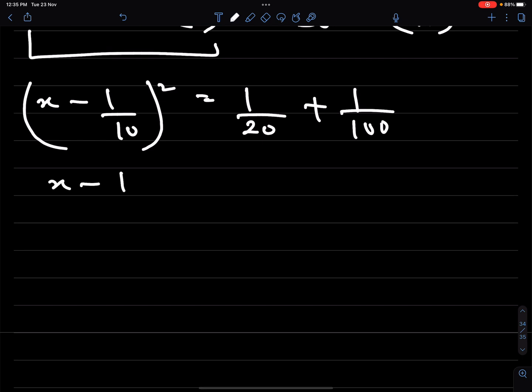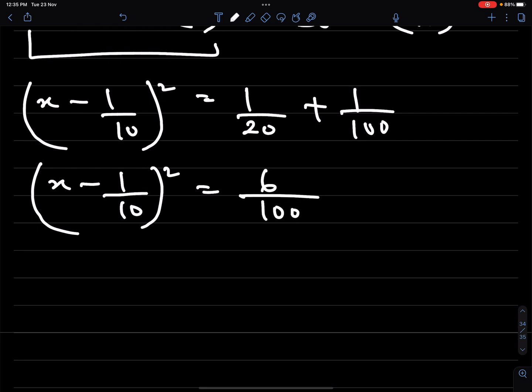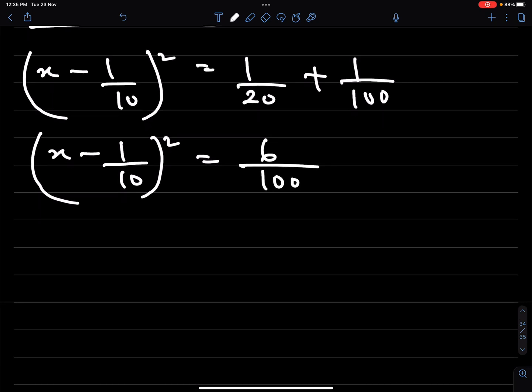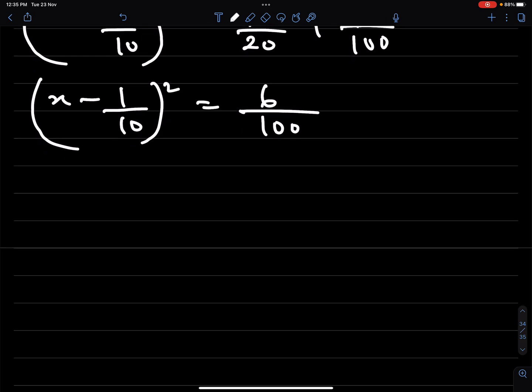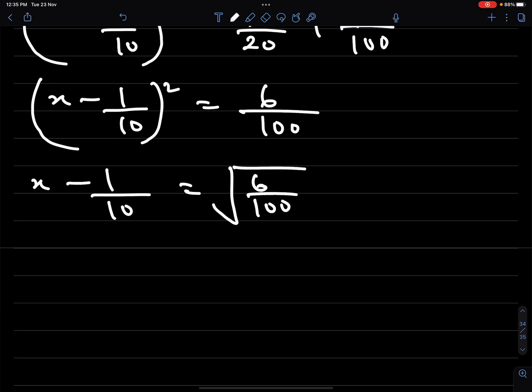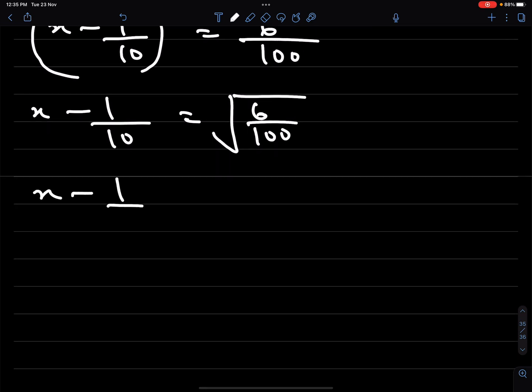So that simply means the square of x minus 1 over 10 is the same as 6 over 100. If we add the two fractions on the right hand side, we're going to get 6 over 100. Now finding the square root of both sides, x minus 1 over 10 is going to be equal to the square root of 6 over 100 first of all, and that simply means x minus 1 over 10 is the same as plus or minus the square root of 0.06, since 6 over 100 is 0.06, and the square root of that is approximately